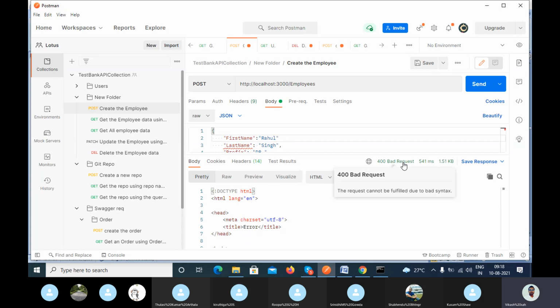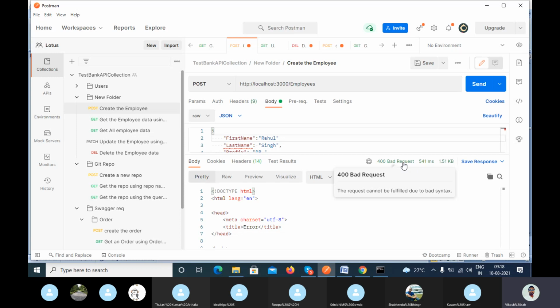400 Bad Request. The first thing I have explained: if you are not passing something according to the requirement, like email ID is mandatory and you are not passing the email ID. Let's suppose they define a string and you are passing an integer, because you have not mapped things correctly. Or they defined a particular value you have to pass, and you are not passing that value. In that case, you will get 400 Bad Request.